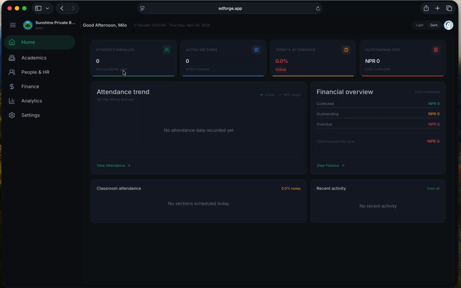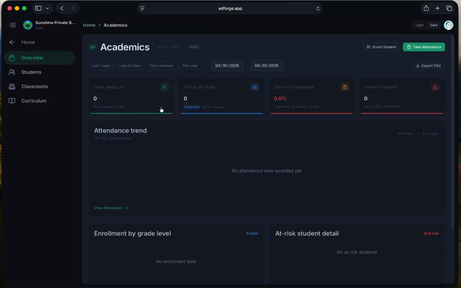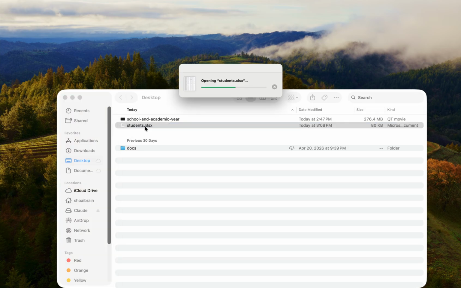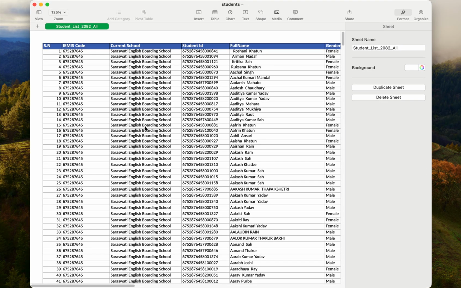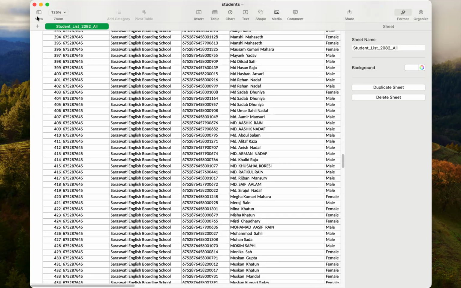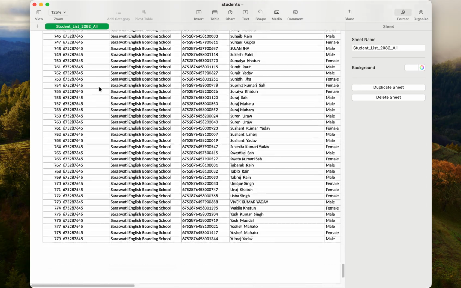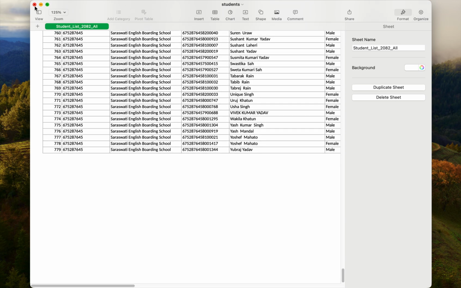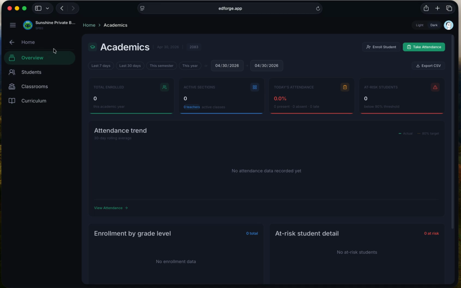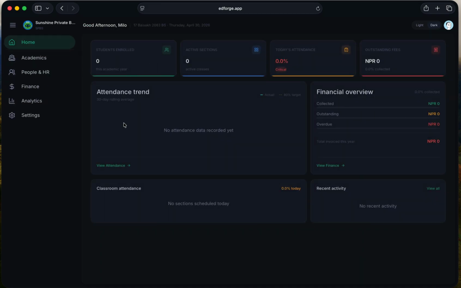Import the students. Now this student data comes from various sources. So let's say in this case it is coming from the IEMIS portal, which is a government portal in Nepal. And this is our synthetic test data, and we will upload this student data into the application Edforge. To do that, from the home page, so right now we are on the home page,